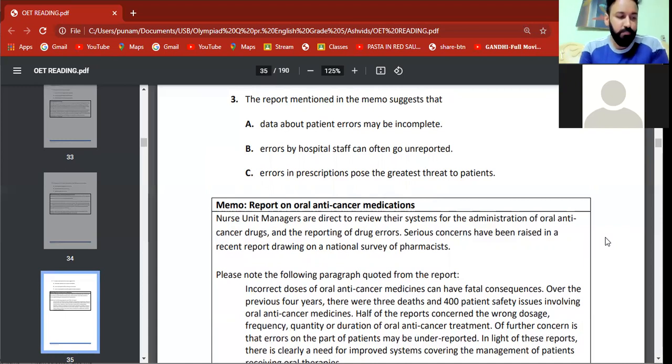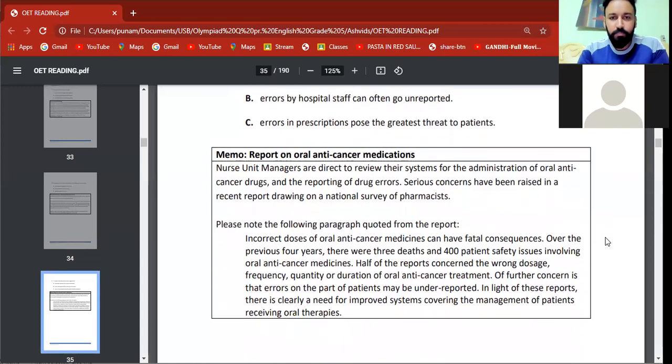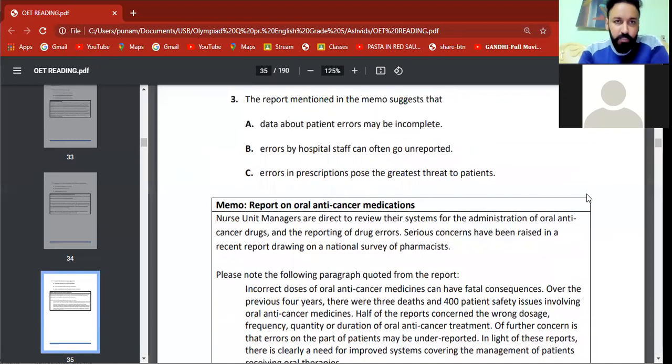In light of these reports, there is clearly a need for improved systems covering the management of patients receiving oral therapies. So, in light of this report, there's clearly a need to improve systems. There is a need to improve systems covering the management of patients receiving oral therapies. Okay, so now here the options are there. I found a synonym. I found a very good synonym. It's giving me the answer already. In light of the